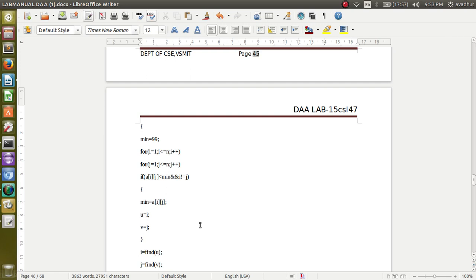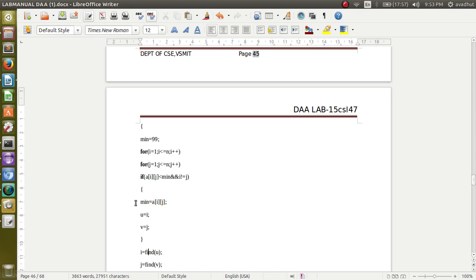We loop with i equal to 1, i less than n, i plus plus, and similarly for j. If a of i j is less than minimum and i not equal to j, we are finding the minimum cost between the two vertices. Then minimum is equal to a of i j. u and v take the i and j values. u and v is the edge whose minimum value is stored in the min variable.